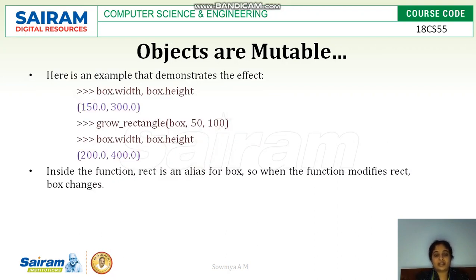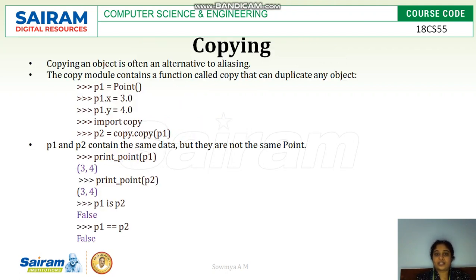Here we have an example to demonstrate the effect of mutability. Box dot width and box dot height are 150 and 300. If you grow the rectangle with 50 and 100, the width and height will be updated with the values you have passed. So this means the values inside the box object can be modified to new values. This is called